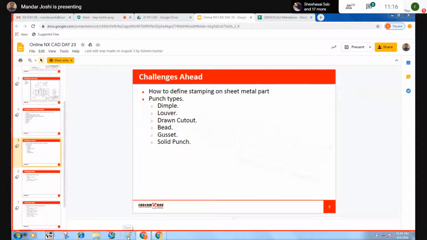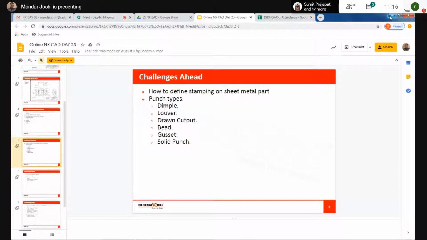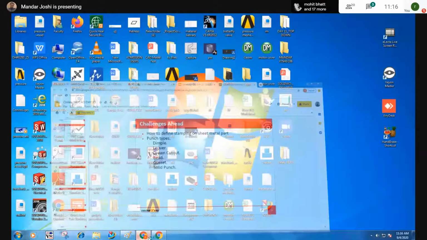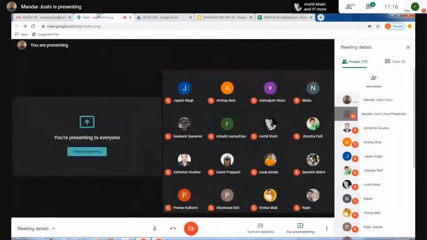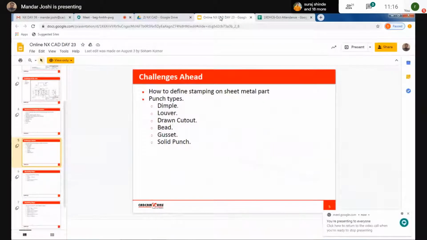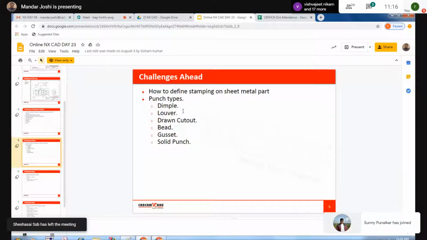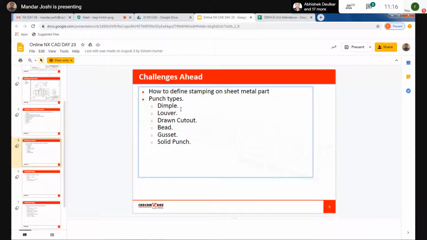First option is a dimple. Dimple command is used to create drawing operations.